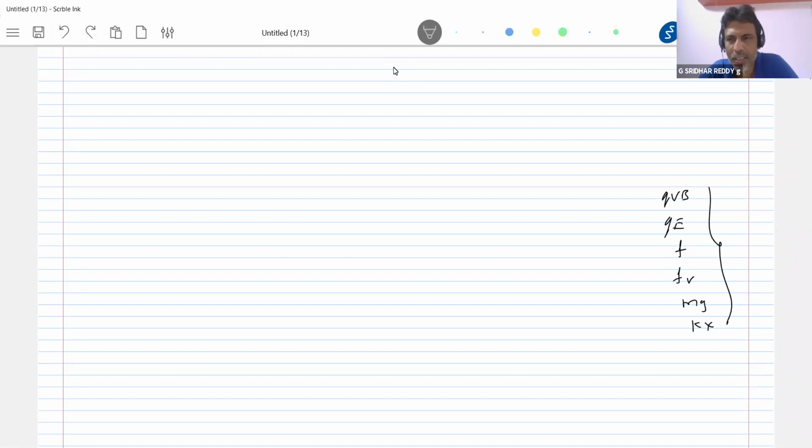I think you have to pick up numericals related to various forces. What are various forces? Already you have seen one force, what? QVB. Next, if electrostatic force acts together, these two, friction, viscous drag, the weight. And sometimes they bring even spring force also. You may get a numerical with only magnetic force, or both magnetic and electric field, then any three or any four. You must analyze the condition.